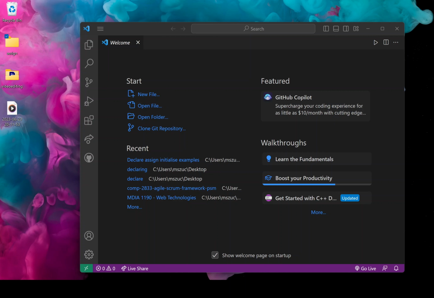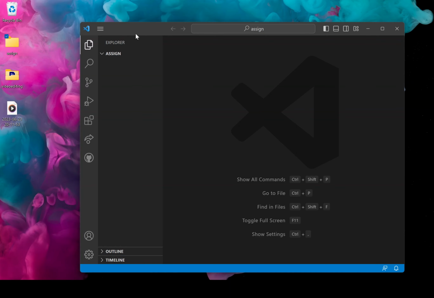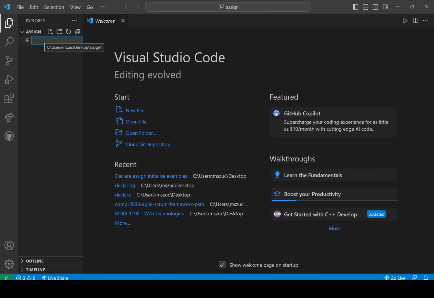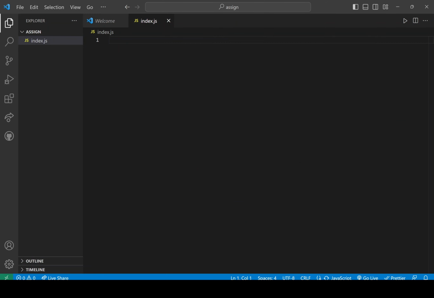Hi everyone, so I'm going to be going over how to declare then assign something. So I have my empty assign folder. I'm just going to drag it over to Visual Studio Code, and I'm just going to make a brand new file here, index.js, and I will just put a title here, declaring then assigning,